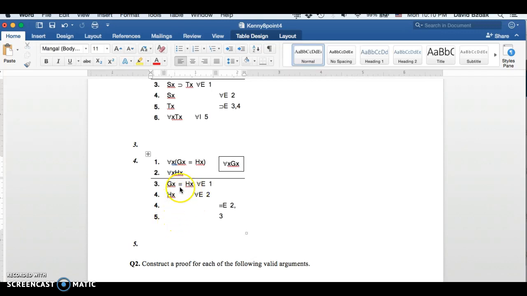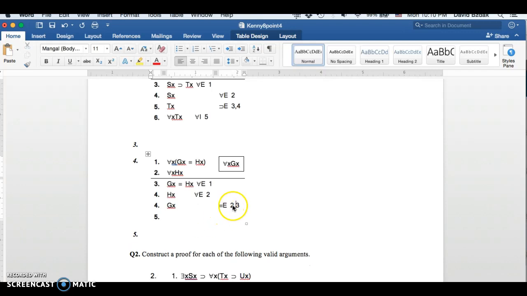Okay, so now we can get gx by this biconditional elimination. Oh, the spacing is... Okay, so biconditional elimination: if we have a biconditional and we have one half of the biconditional, we can get the other part. And then finally, for step 5,